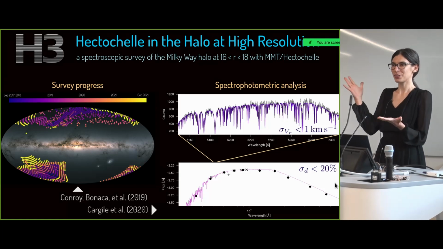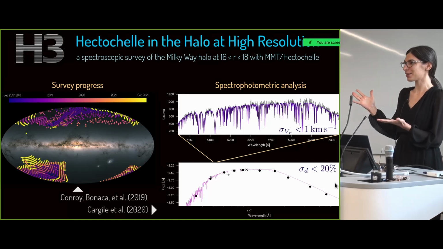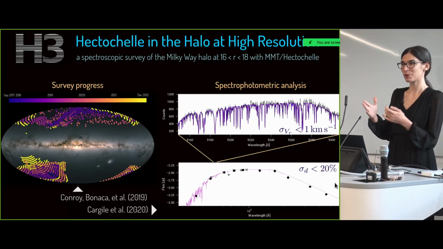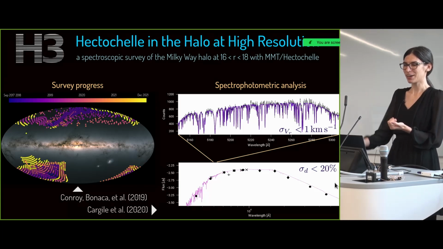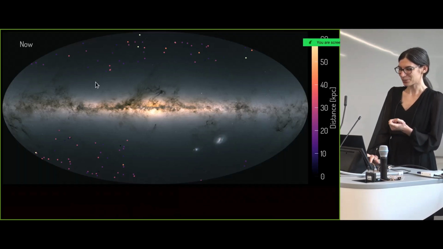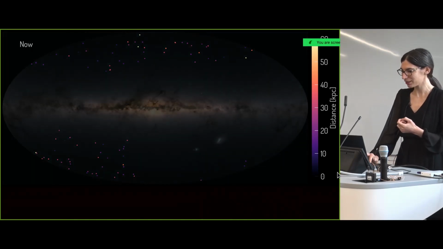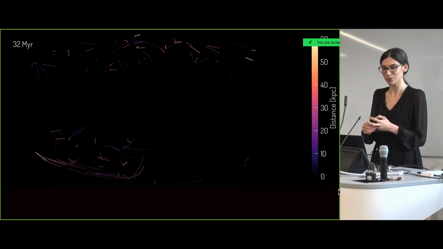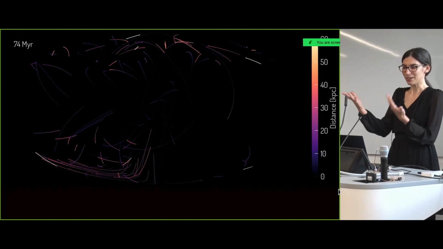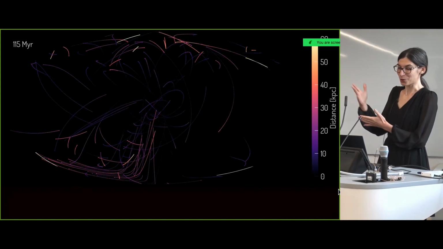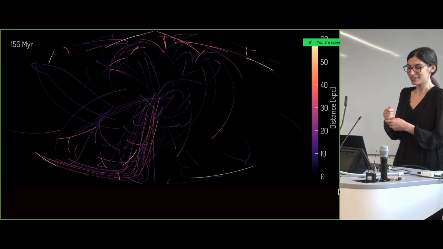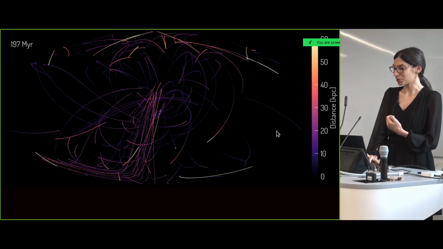And so now, having completed all full 6D information, we can make the same movie of H3 stars. Starting with some of them colored here by distance, I'll play half a billion years into the future. You can see that these are all distant halo stars, and some of them are very distant, at tens of kiloparsecs away.